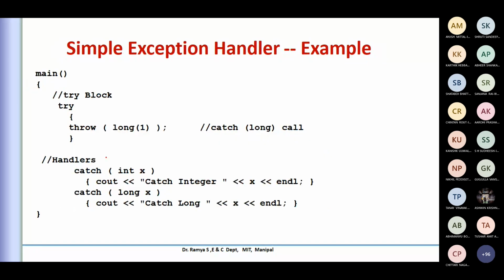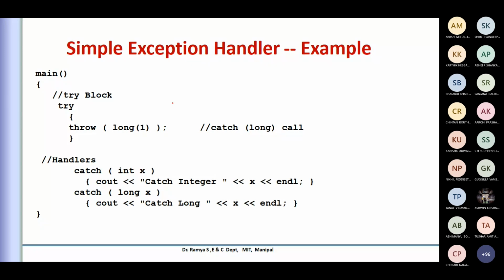This is a simple exception handler. The previous example just showed how to write it. In this case, it is always executed because I have not written any code before this, and we are not telling why we are throwing. So every time it will be executed. What we want to show you here is that we have two catch blocks, but I can define which type of error goes to which catch, like a typecasting.